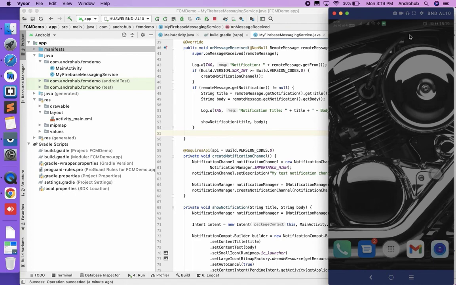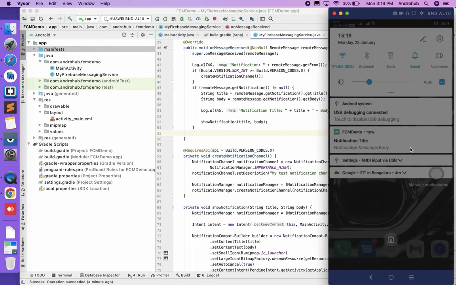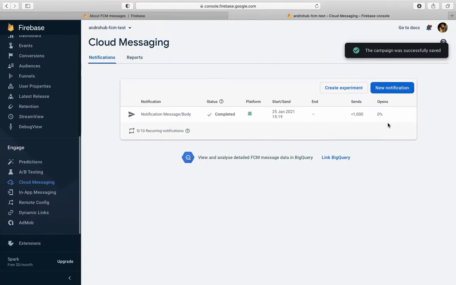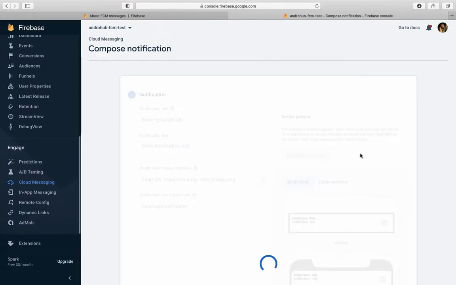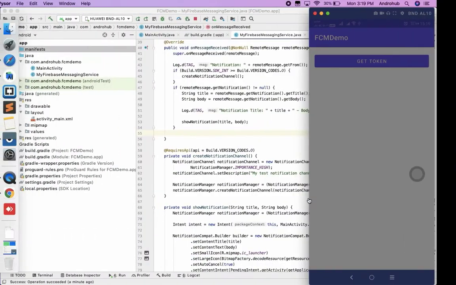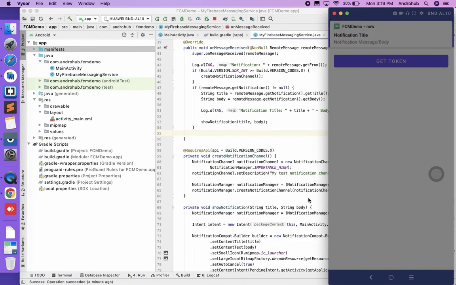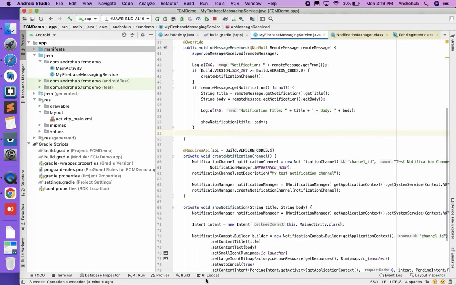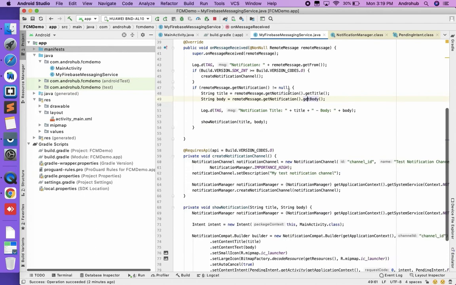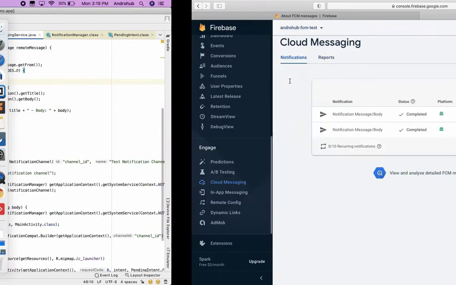If you see, I have received the notification. If I click it, it's going to open my activity. Now let's suppose my app is running. In that case, just duplicate the notification, review it and publish it again, and I receive the notification. If I click it, it's not recreating the activity, it's going to use the same instance of the activity. So in this way you can send the notification payload when your app is in the background, in the foreground, or any other case.